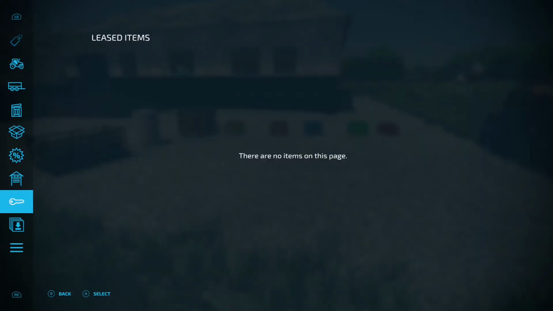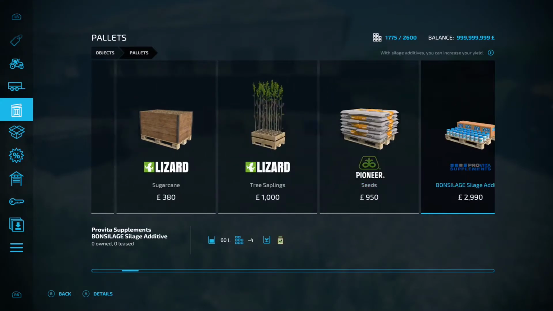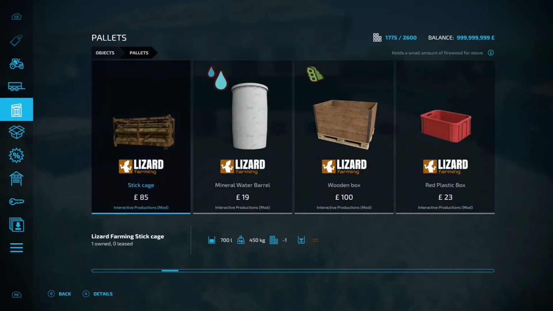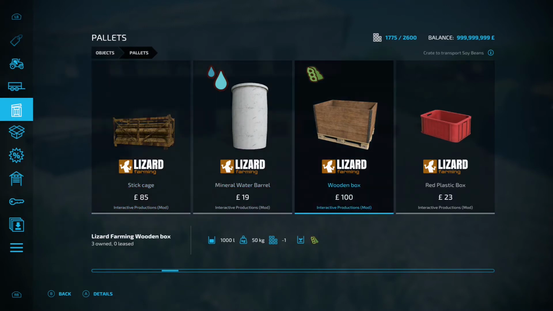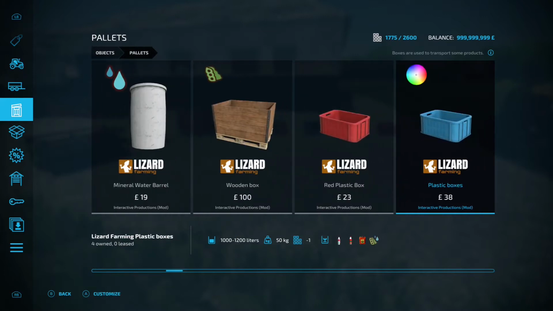So we'll go back into this menu and under palettes, and we'll scroll along to get to the first one, because these are ace. So the first one we got there is stick cage. Now you're going to need that very shortly. You also got mineral water barrel, you got a wooden box, and we'll come back to that one. You then got red plastic box for putting the artisan bread in once it's done. You then got the blue box,